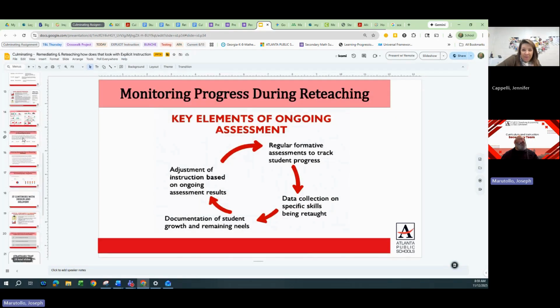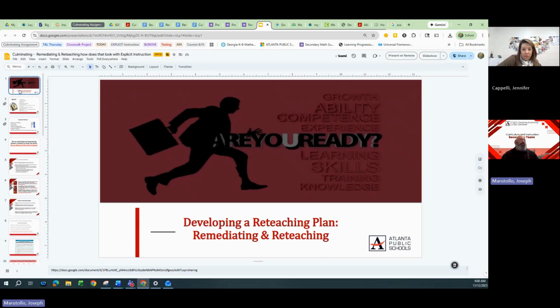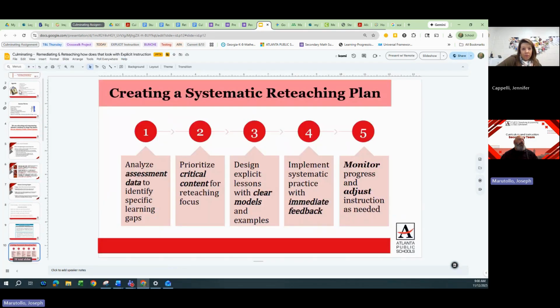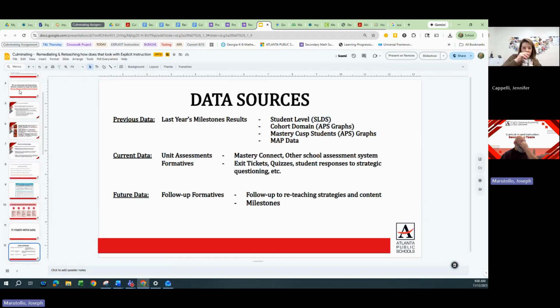Okay, so one of the things that I had changed about this presentation, which was a lot of what we did during PL Day, is that I retuned it just a little bit because there were some things I wanted to focus on. So I took a lot of other stuff out, and I was focusing in on data sources. Data sources was the key place, and I know that you know all the data sources. It's really a matter of how the teachers are using that information. And I know that they know how to do this too.